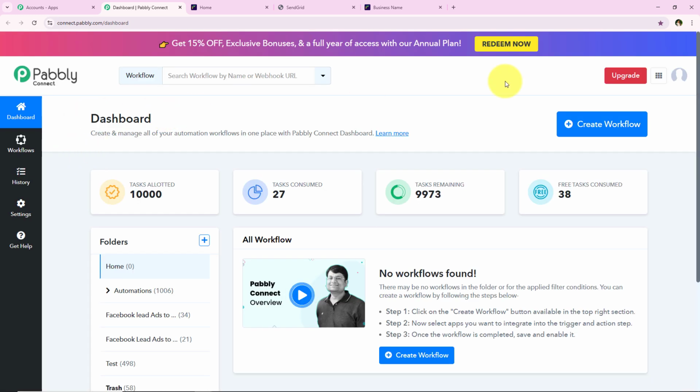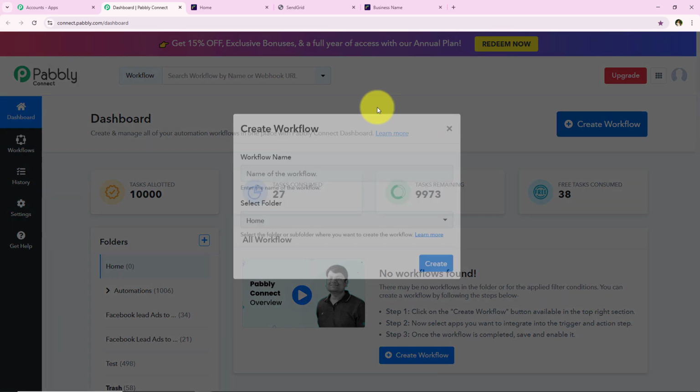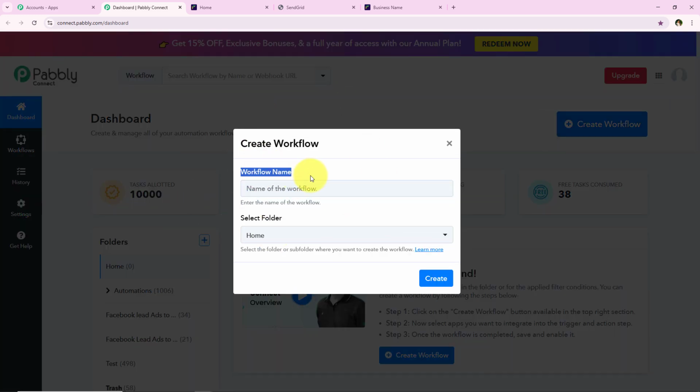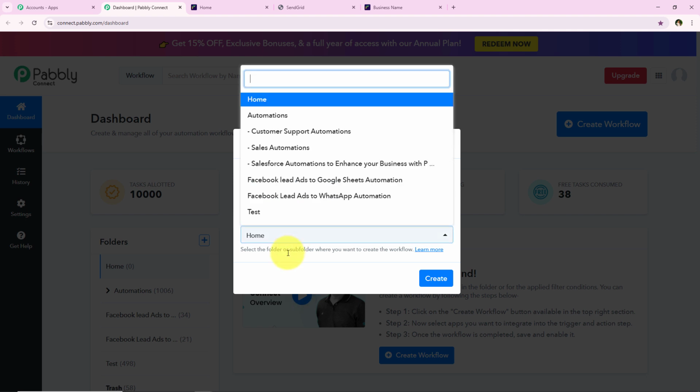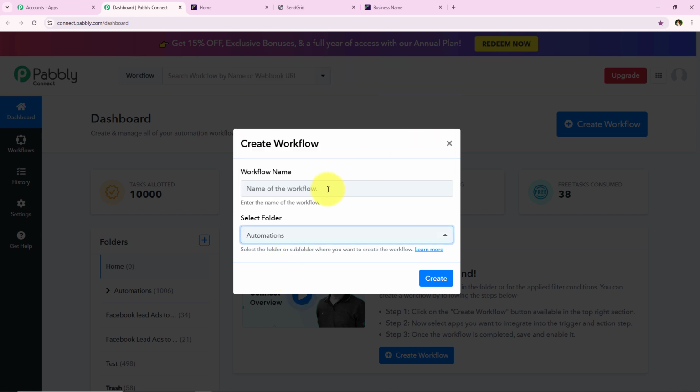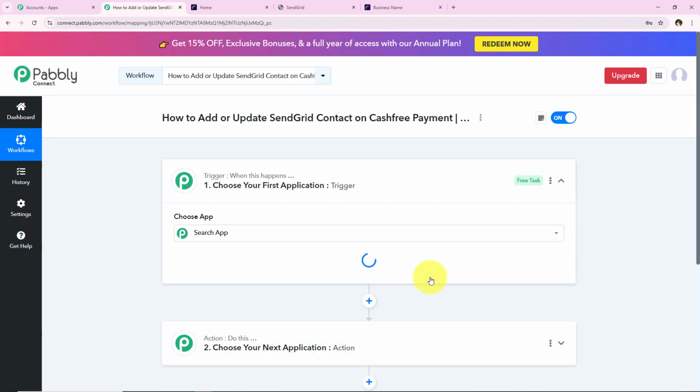To start with this automation, we just have to click on this button which says create workflow. And now it is asking me for the workflow name and the folder I want to save the workflow in. So over here, I want to save the workflow in this folder which says automations, and I want to name my workflow as this, which says how to add or update SendGrid contact on Cashfree payment, Cashfree to SendGrid. And then we just have to click on this create,